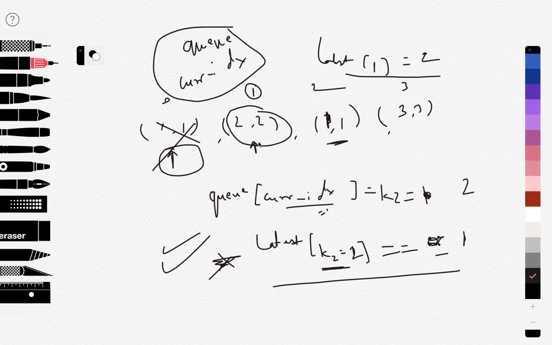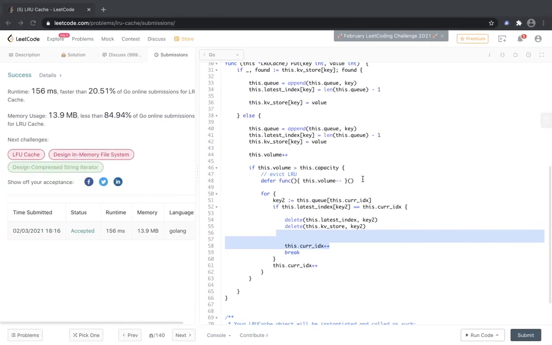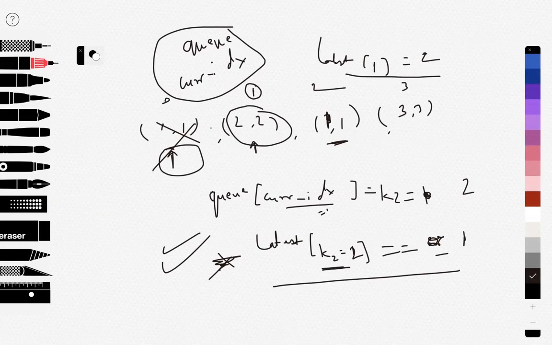That is, we pop off this value from the queue, and that is what we are doing by incrementing the index. So in a way, in this question, I have just implemented the queue in an internal kind of thing, and this is how internally the queue is implemented. So the value, instead of now pointing to 1 because this is evicted, will now point to 2. This is not actually evicted, we just cross over that value, but we don't evict it because it is being used down the line.